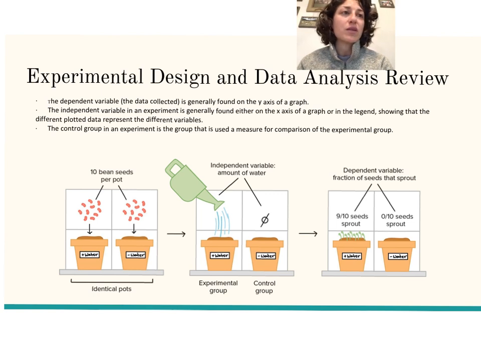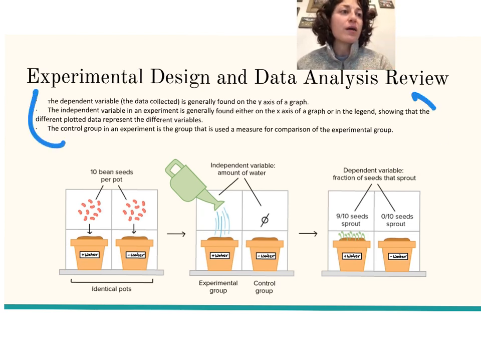You need to be able to find those different parts, and you need to be able to analyze the data from it. Okay, these are things that you guys have done. I know that you can do this. We're going to do some really easy practice to start, and then we're going to build up to some harder questions from past AP tests. So